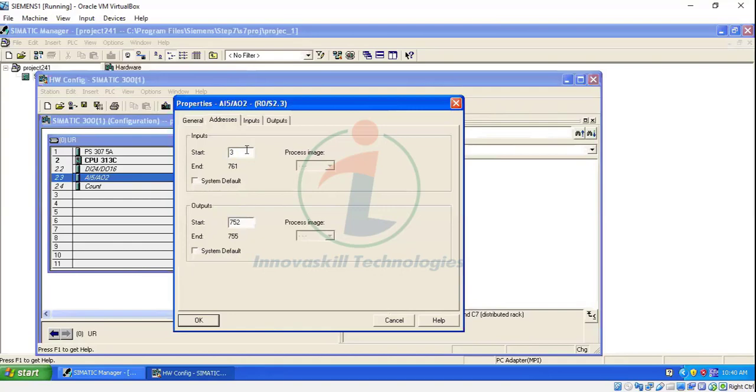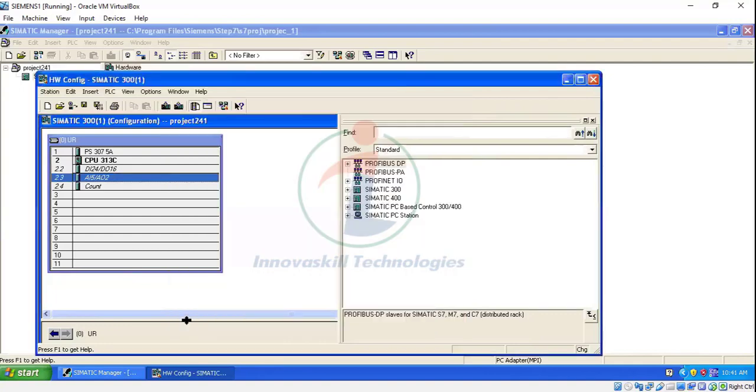Because digital input's ending address is 2. That is, it is taking channel number 0, 1 and 2. So here we have to give the start address as 3 for input. And if you give 3, automatically it is taking till 12. Next here we have to give 2. If you give 2, automatically it will take till 5. Give that and after that give OK.